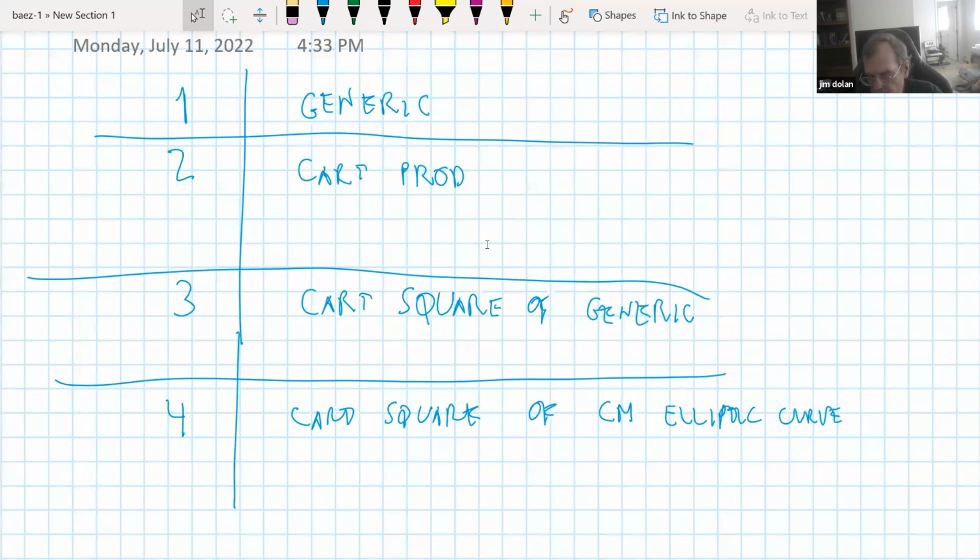All right, so if I understand what you're saying, you're suggesting that those criteria are more or less obviously connected with what the endomorphism ring is going to be. When you have a Cartesian product, that helps you get some endomorphisms. When you have a Cartesian square, that helps you get some more. Of course, complex multiplication helps you get some more. Yeah, exactly. Okay. So I was just assuming that there are no sneaky extra endomorphisms beyond what you can get out of that stuff.